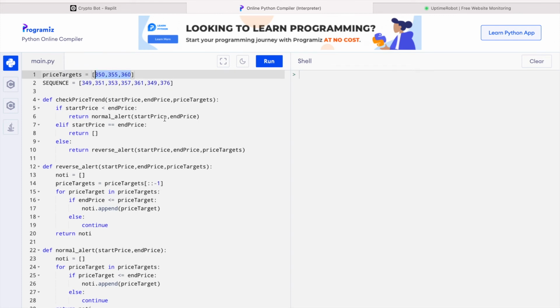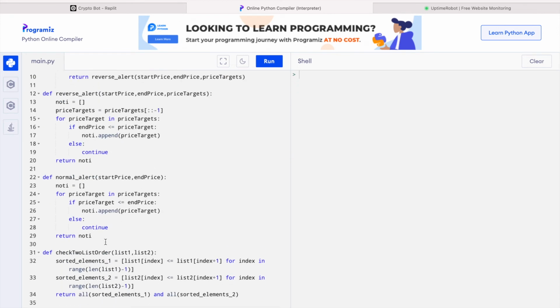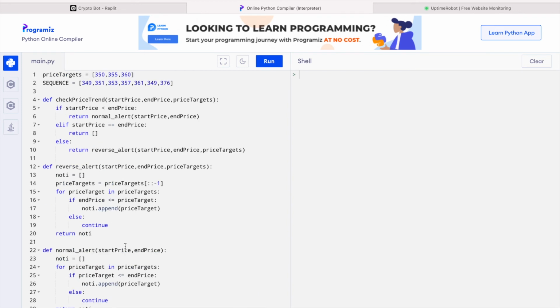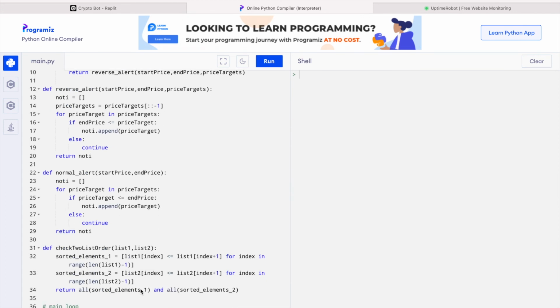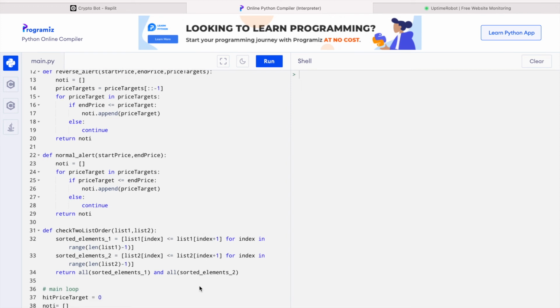So what we have to do is to tell the difference between these two, and that will be the fourth function, which is checking if the two lists are in the same order. So if they are in the same order, then we will ignore this. If the order is false, then we will actually return the list and send a different notification.